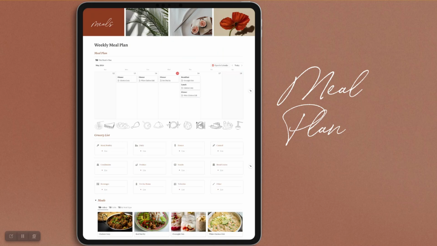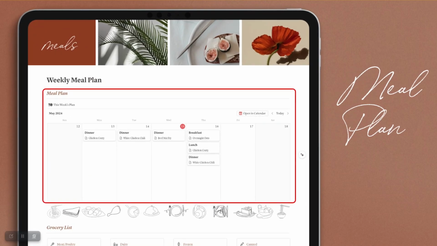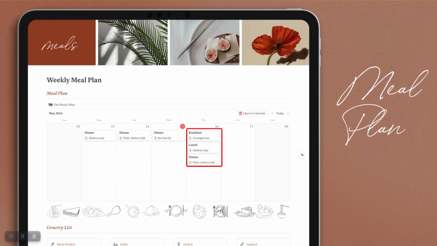So right here we have our meal plan page. The first thing I want to point to is the meal plan database, and this is where you will enter all of your meals for the week. Once again, we have that weekly planning view, so this will update automatically every week because it is the calendar